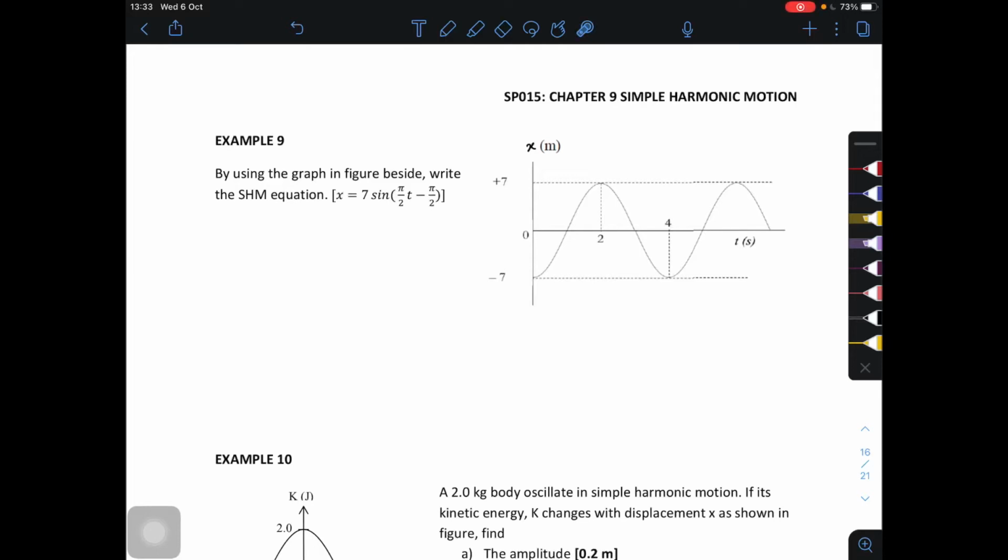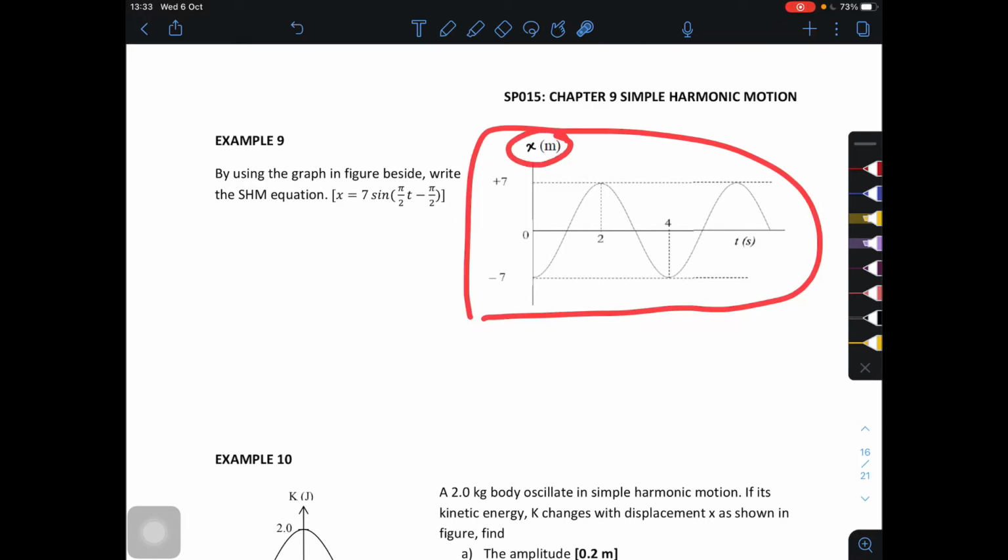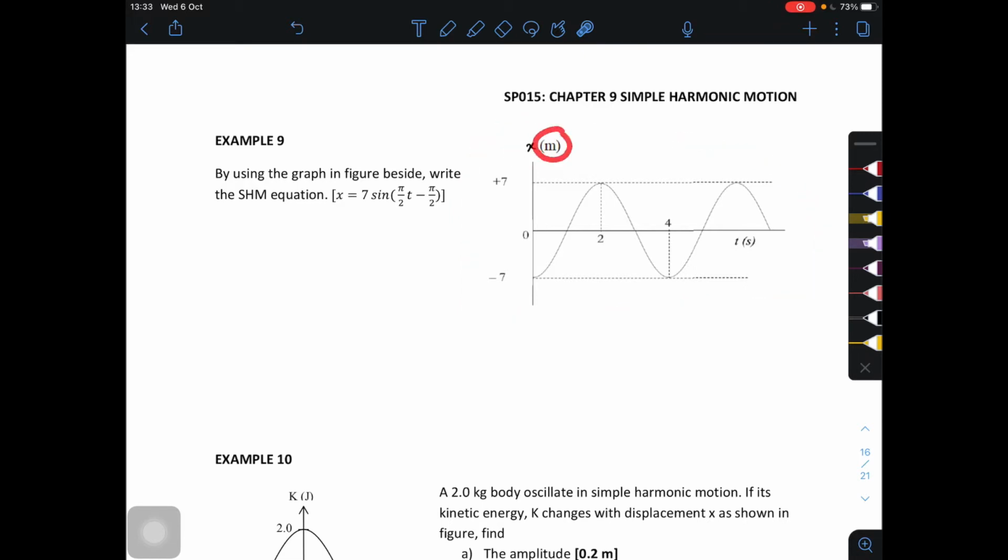Okay, next one, example 9. By using the graph in the figure beside, write the simple harmonic equation. So we need to write down the equation. Okay, so kita nampak graph ni di sini, di mana kita ada x, displacement in meter against the time